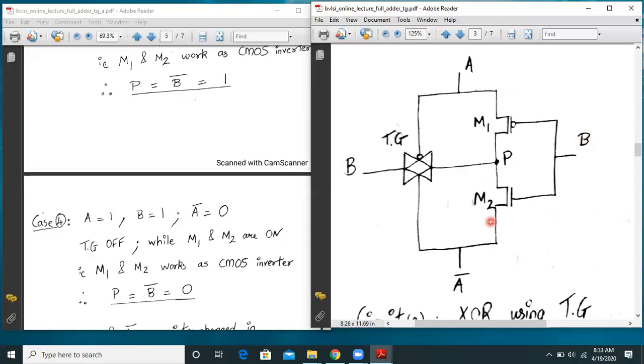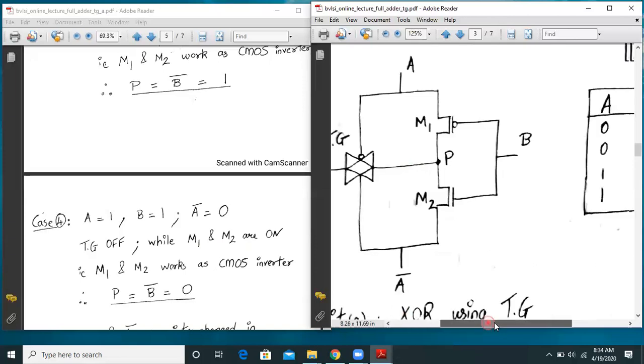So whenever B is 1, M1 is off and M2 is on. So kindly correct it here, because M1 and M2 work as a CMOS inverter. The output of the CMOS inverter will be B bar, and B was 1, so P will be 0.